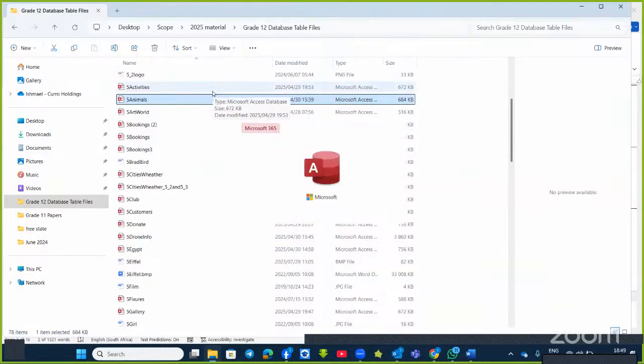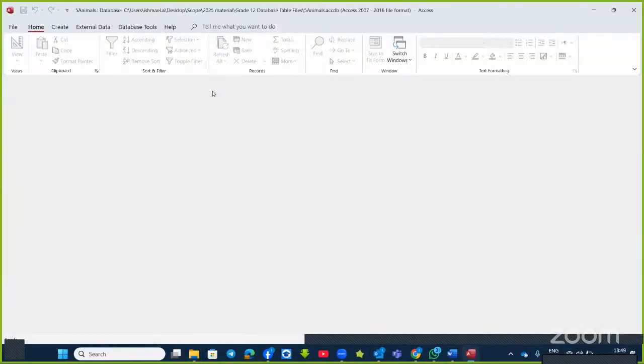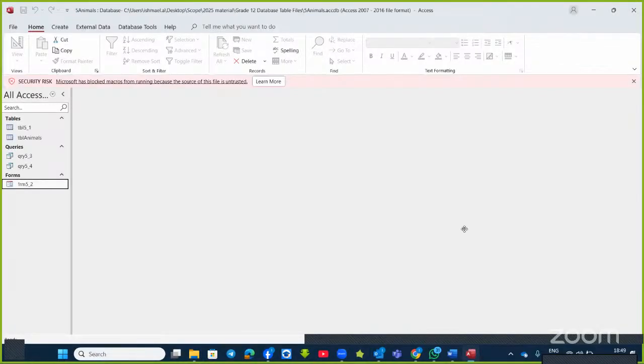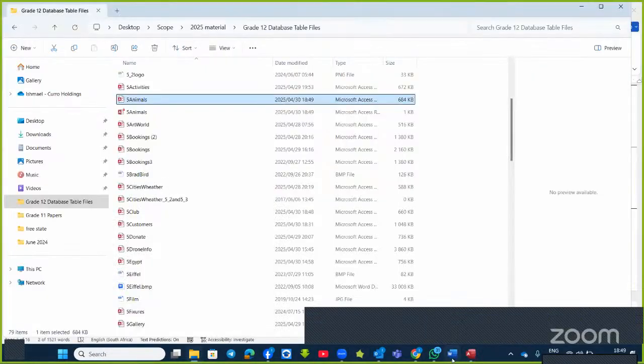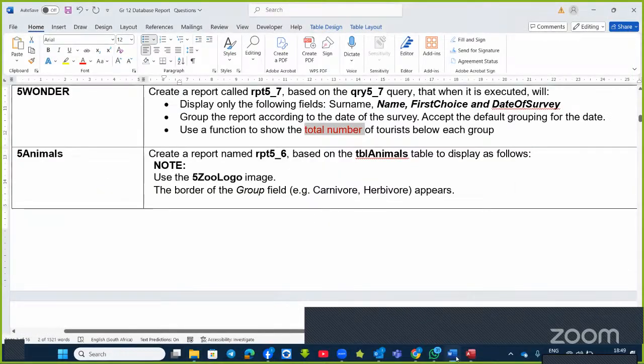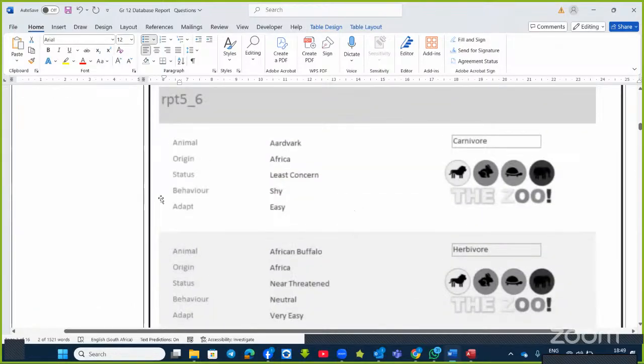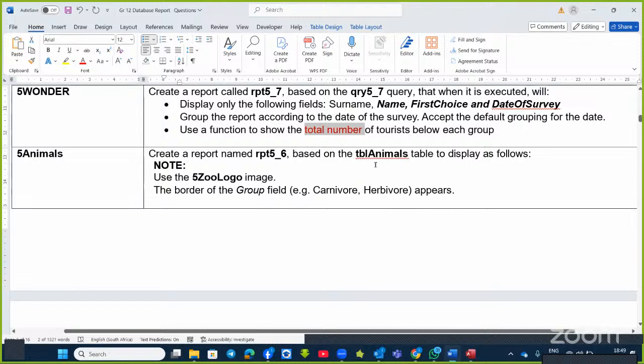Now, you have to check from the table that we are going to base our question on, because this question didn't tell you which table or which field you should select. They only gave a screenshot. So our advice is, first of all, open the table, because we are creating based on TBL animals. So open the table and check